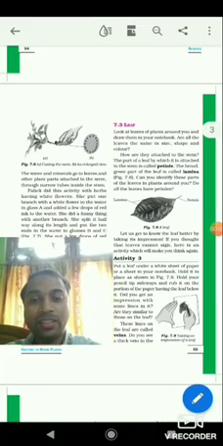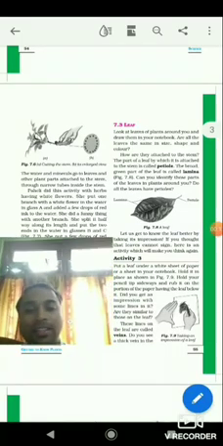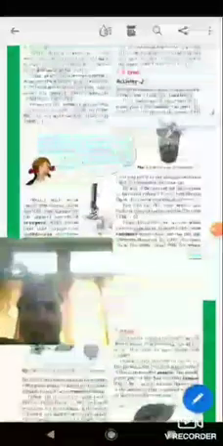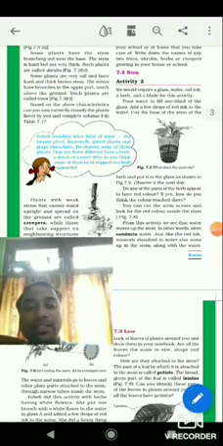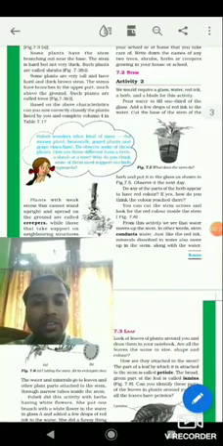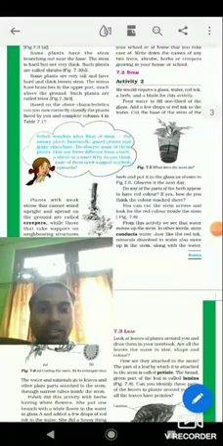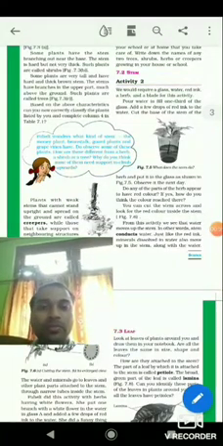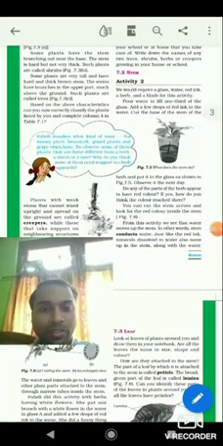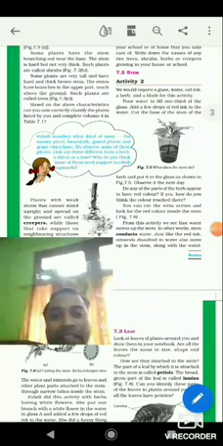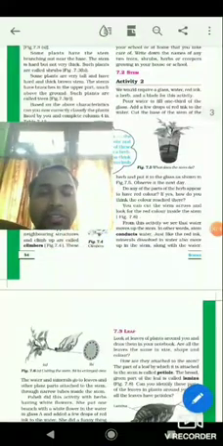So before we start, let's have a quick recap of things which we have studied in the last class. So in the last class we studied about the function of stem, how it helps to conduct water and minerals, and for that we also discussed the activity 2, where we would require glass, tumbler, water and red ink. So I hope you have understood this activity. Again, let me just quickly discuss this activity today also.